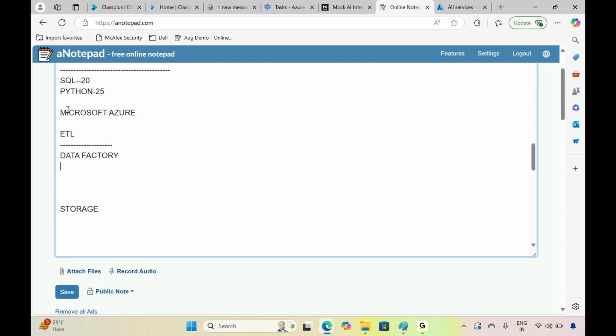There are Data Factory and Databricks, and I'm also going to teach you live streaming of data from IoT devices as well. Primarily we are going to use these as ETL tools.